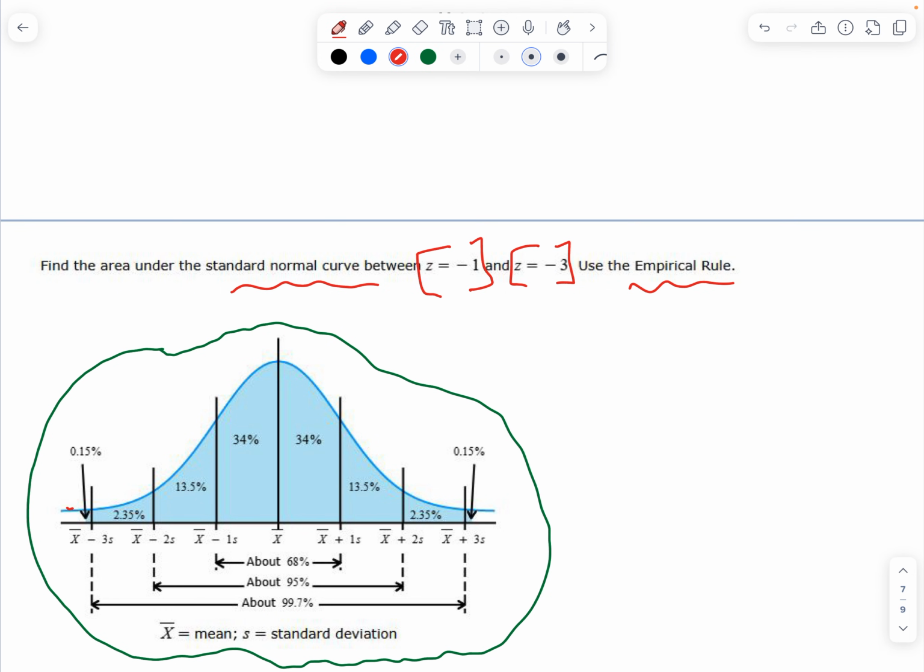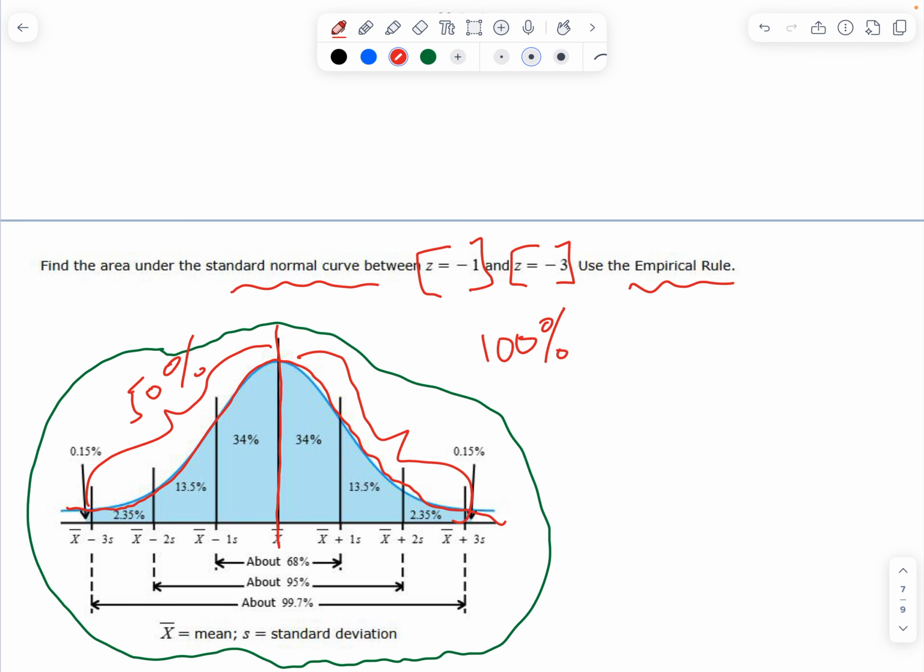So something to note is that this is a normally distributed curve of data, and the whole thing adds to 100%, right? I think about this as my backyard, and let's just say it's 1 acre, or 100% of the backyard. And you can section the backyard up into pieces, right? So half of the backyard is 50%. The other half of the backyard would be the other 50%. And then it gets broken down